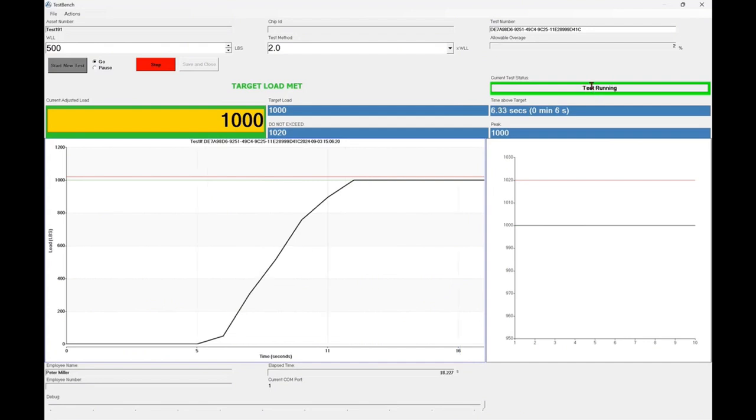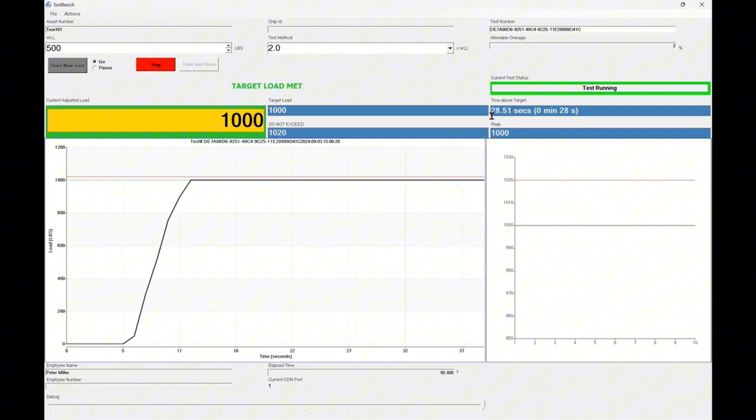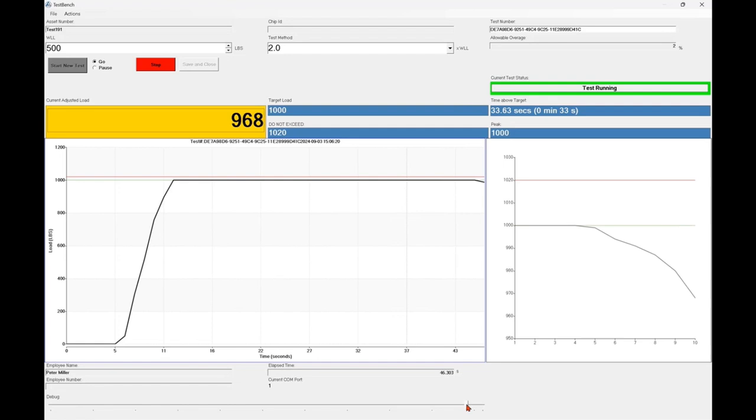The system lets you know that the test is running. And then based on however many seconds you have, if it's 5 minutes, it's 300 seconds. If it's 10 minutes, obviously it's going to be double that, it'll be 600. But based on the number of seconds that you are going to be doing the test, you'll want to keep an eye on that. Once you have reached the number of seconds, I'm going to stop this at probably around 30 seconds. You want to make sure and bring the pressure down on your unit,